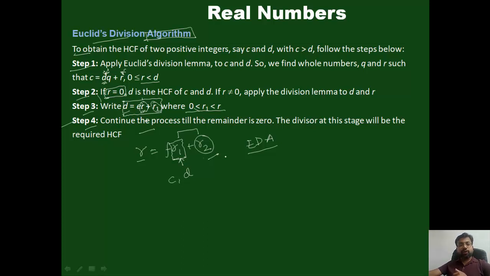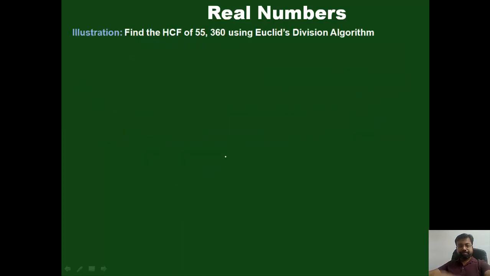So now let's get out of the theory part and take up a few examples and understand this better. Now what does it say? It says you have to find the HCF of two numbers 55 and 360 using Euclid's division algorithm. In the two numbers, the bigger number would come on the left hand side, that is it will become the dividend. So you have 360 equal to